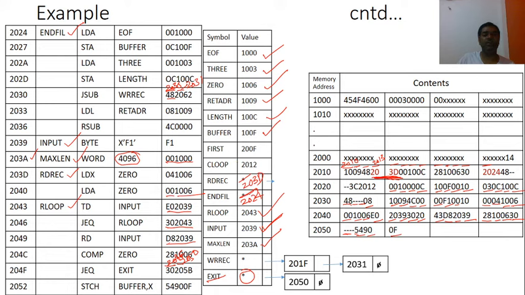In this way we can load the whole program. When we get the END statement, if there is any symbol that is left undefined in the symbol table, just generate the error, symbol is undefined. Otherwise the whole program will be loaded and all symbols will be defined in the symbol table.